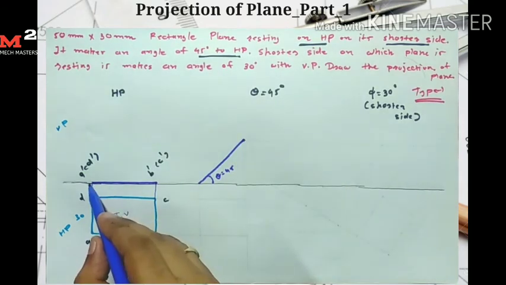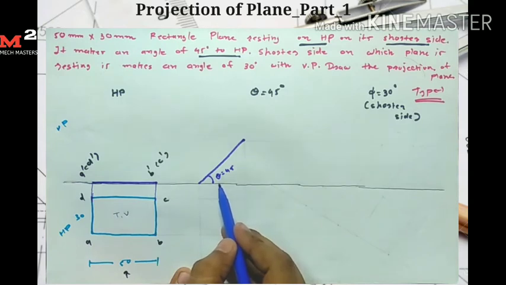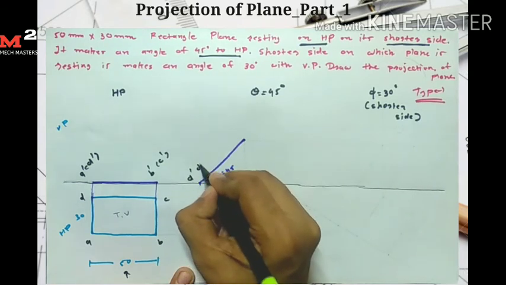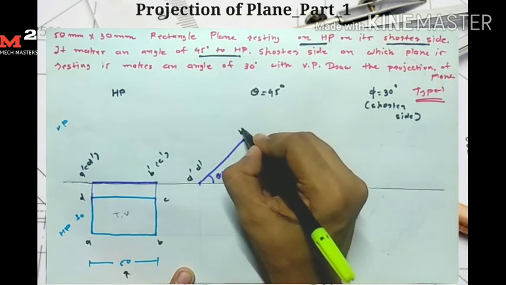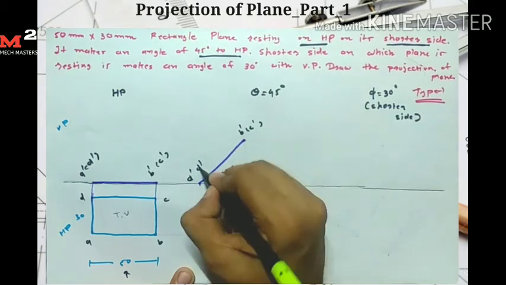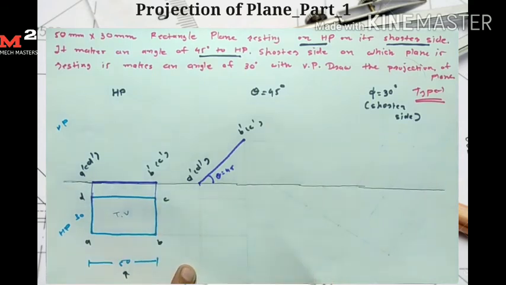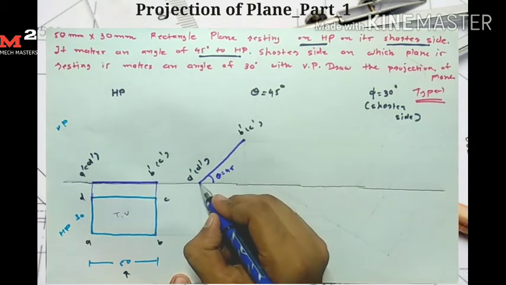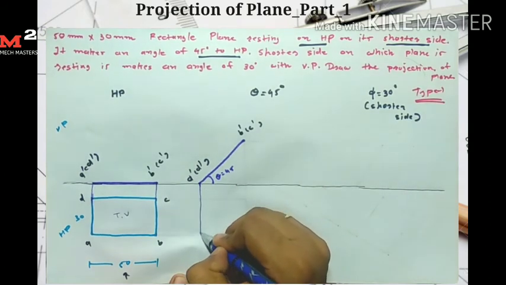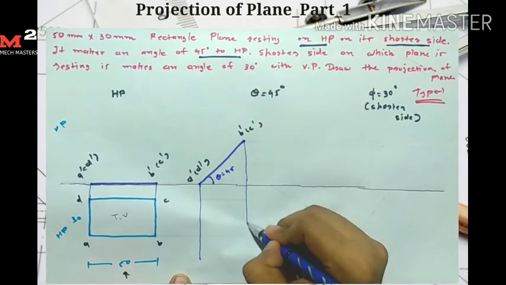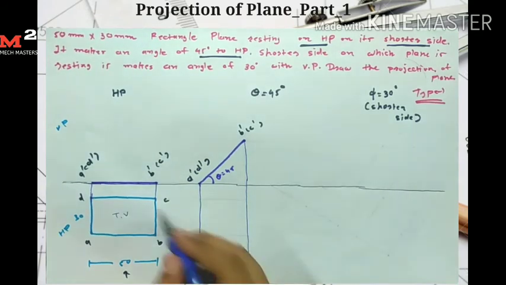I draw this same line at an angle of 45 degrees. Here I get my point A dash D dash, and here I have my point B dash C dash. I draw this line at an angle of 45 degrees. So this is the front view of this line in the second stage. Now for drawing the top view, I simply take the projection here. For the A dash and D dash points, I take the projection here. Similarly for the B dash and C dash points, I take the projection here. I simply draw a vertical line here. Now I take the projection from this side also.